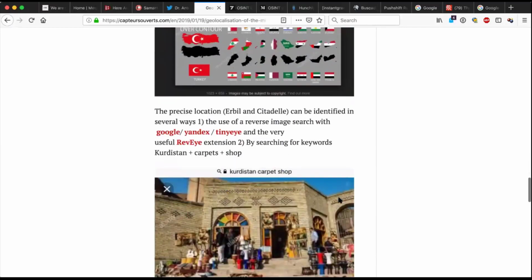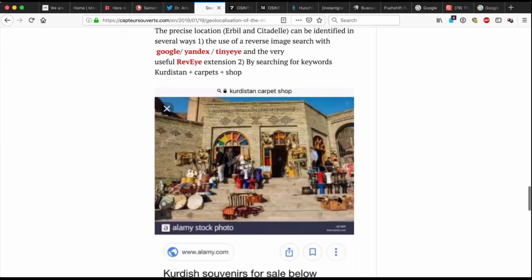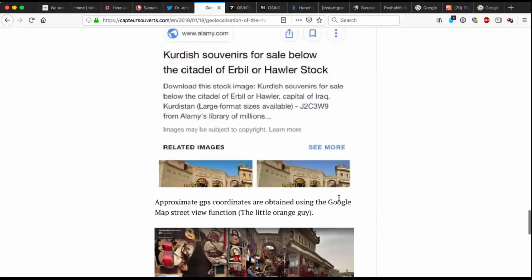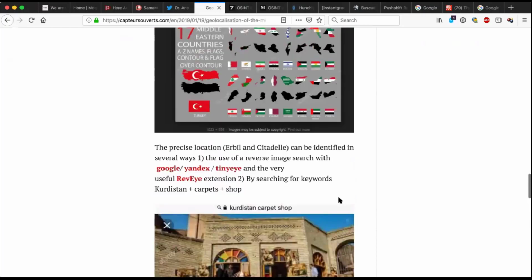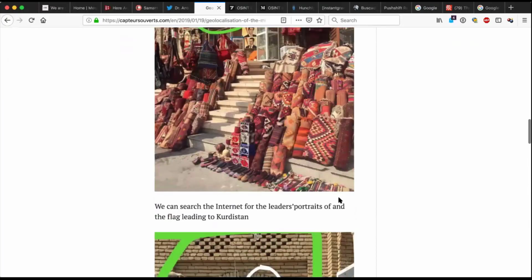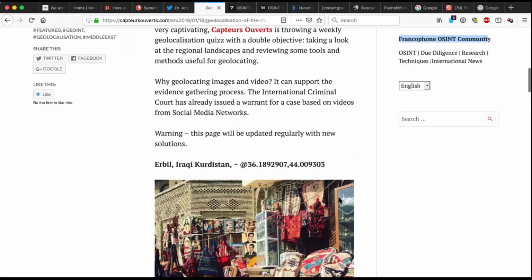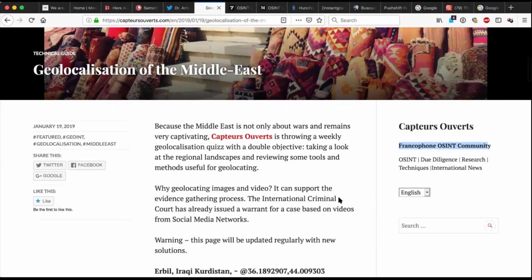So could be interesting to look into when you're in this field of geolocation, recognition, and that kind of stuff. Yeah, I think so too. And I like the idea that this is kind of a French community that's similar to maybe OSINTCurious. Maybe they are another way to go and get new information besides playing their geolocation game. Exactly. And she's doing a good job. Yeah, that's great. It looks great.